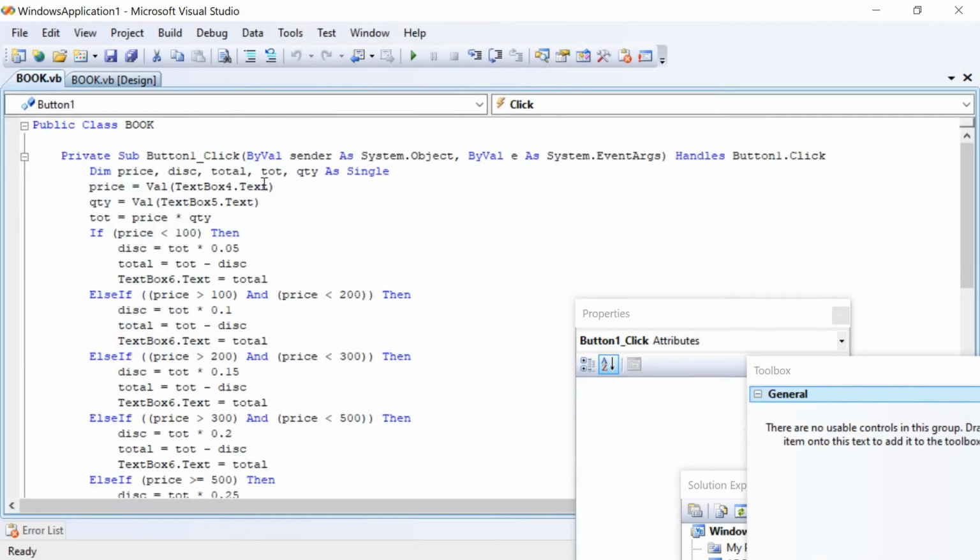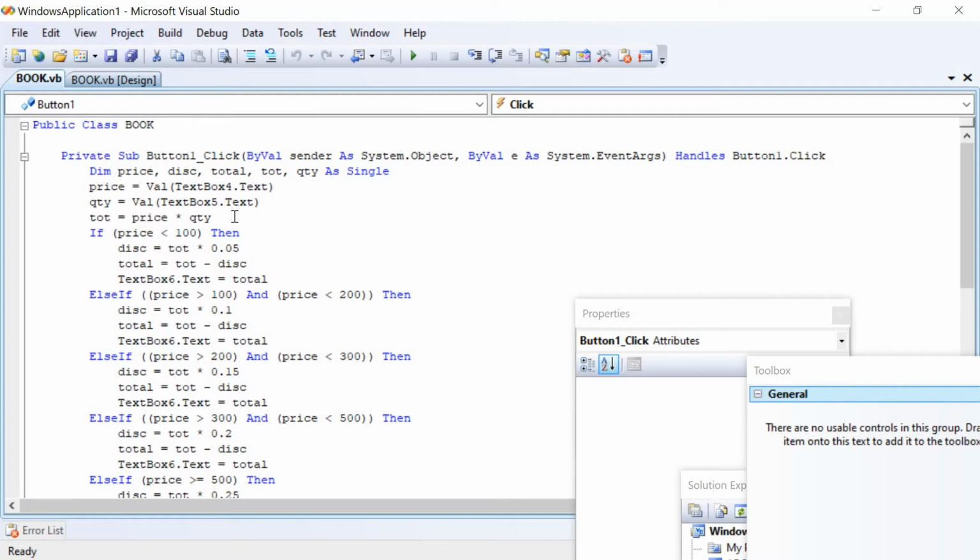And later here back to the coding, text box 4 what we enter the input that has to be converted to number type using the val function. Val indicates here the value which is mainly used to convert from text to number type. Once it is converted, later this will be stored in the variable, that is price. Then text box 5 what we enter the input that will be converted to number type using the val function and later it will be stored in the variable quantity.